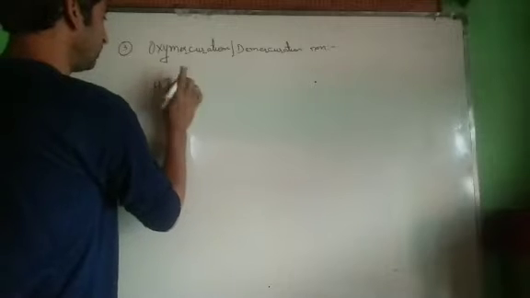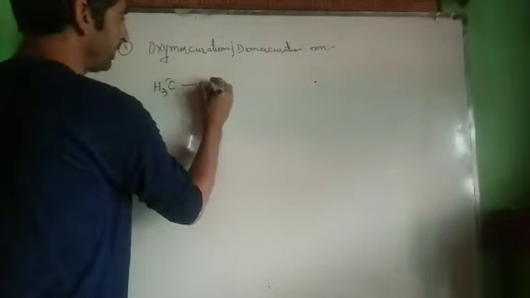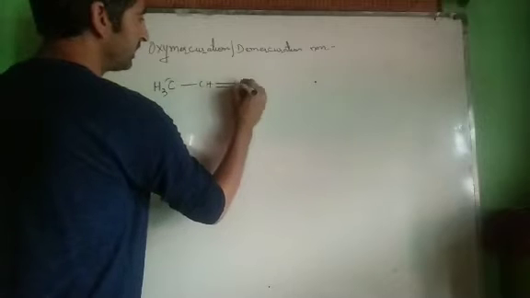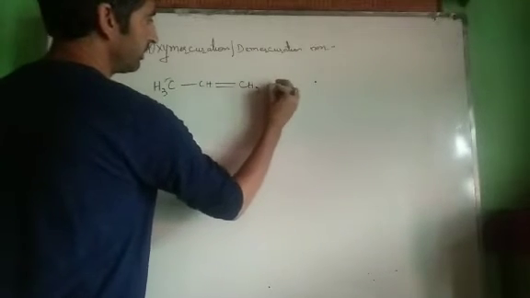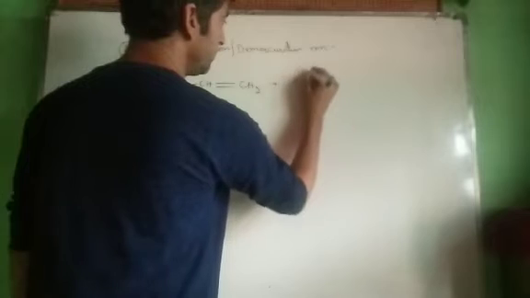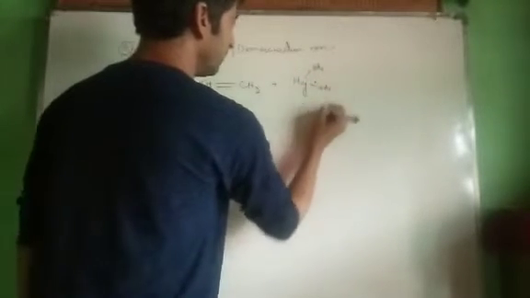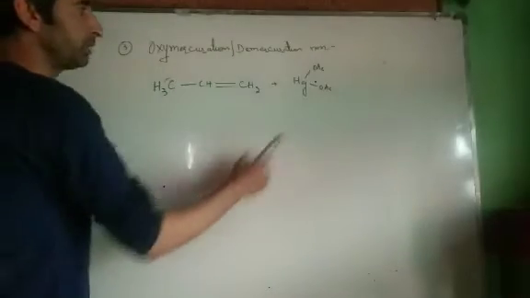We take an unsymmetric alkene, or we can take a symmetric alkene. Here we take an unsymmetric alkene. This is an unsymmetric alkene. We treat it with mercuric acetate, that's mercury ions, Hg(OAc)2. This is mercuric acetate. How can we obtain this mercuric acetate?